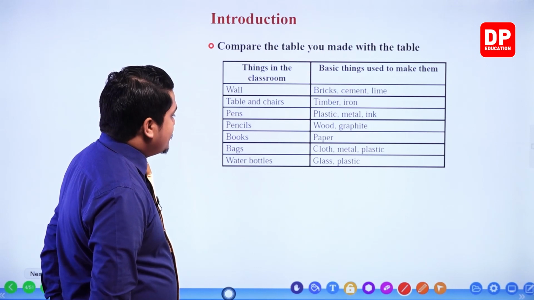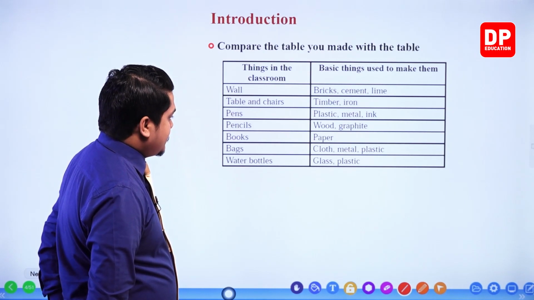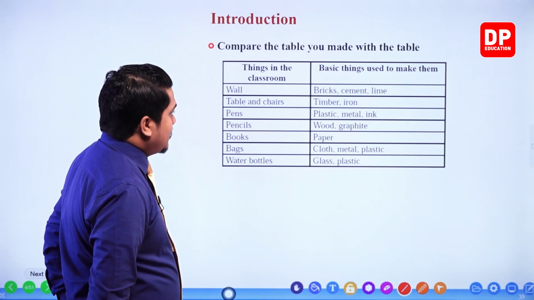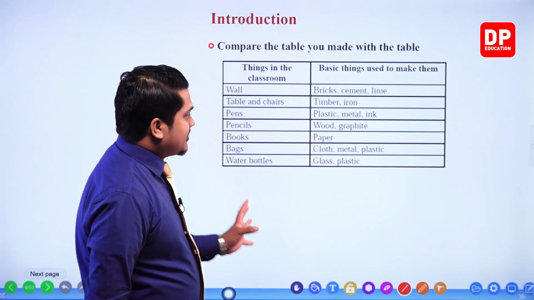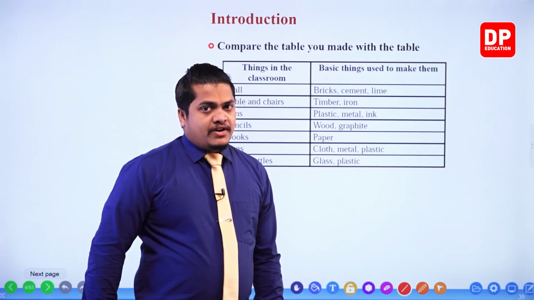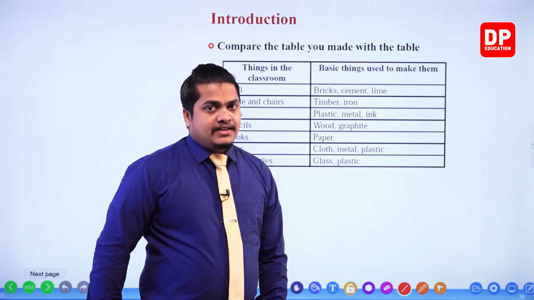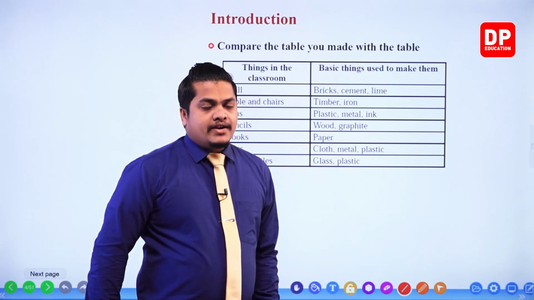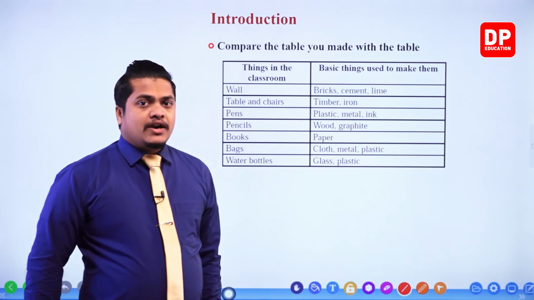Books, paper, bags, cloth, metal and plastic. Then water bottles, glass and plastic. So these are several things that we can observe within the classroom environment, and the basic things that they consist of. Okay, so we have prepared a table, and here also you are given a table,